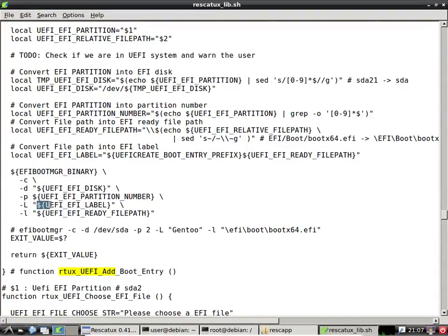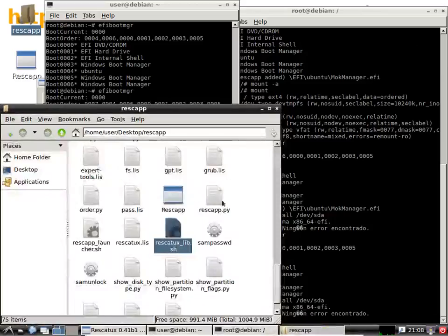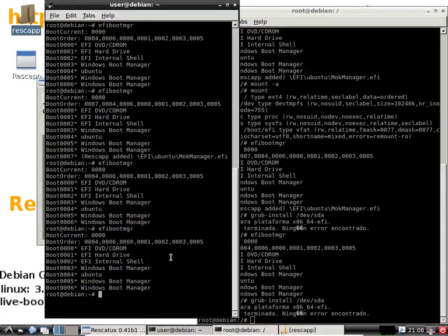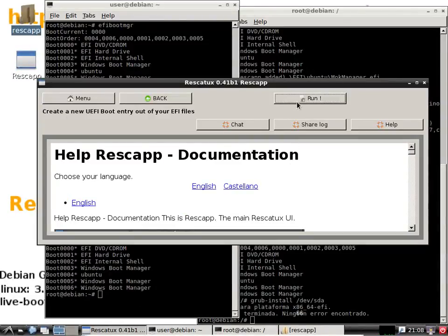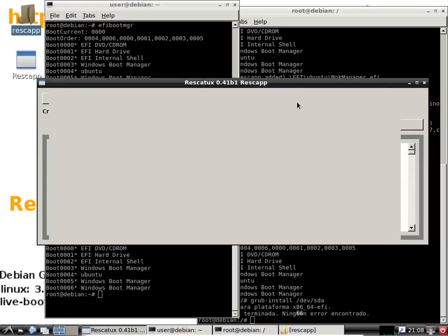Here I'm just going to write mock manager, and any option that they use is going to be this option. So if I run this option,